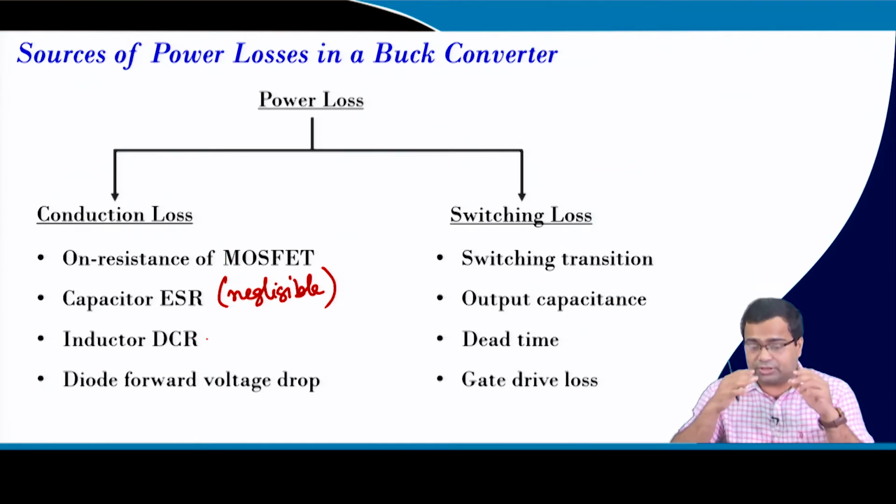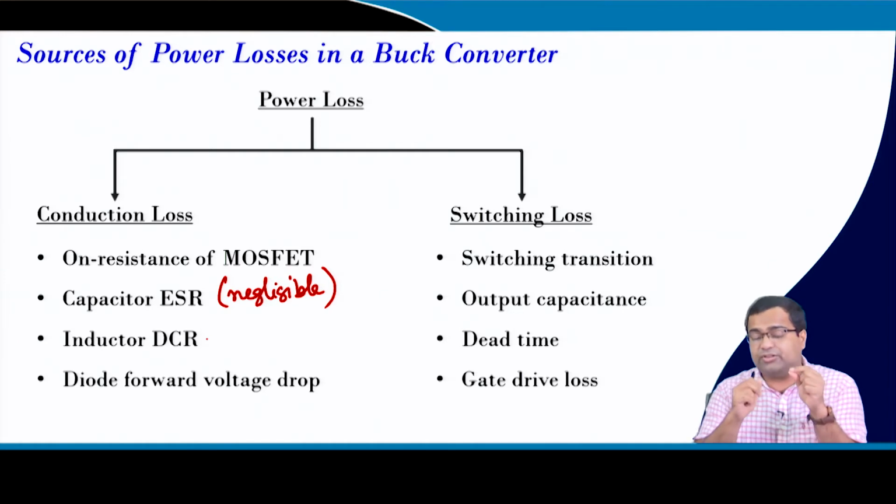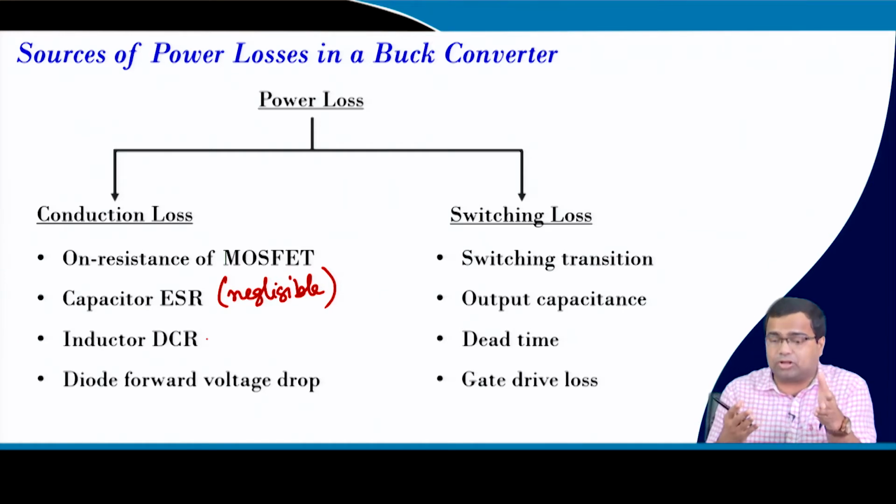Then the gate drive loss. If you increase the switching frequency, for the power MOSFET gate capacitance, once you want to turn on the MOSFET rapidly, then you need to provide initially a high spike current in order to charge the gate capacitance and then create the channel. For faster turning on and off of the MOSFET, if you use a high current gate drive circuit, then the driver loss can be significant. I mean, that is a function of switching frequency.